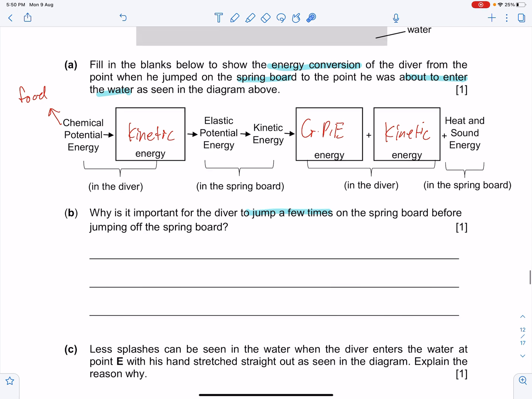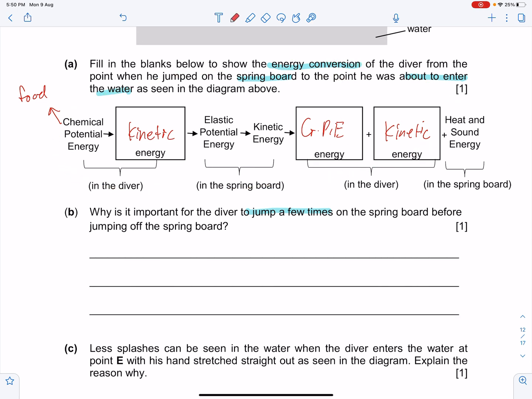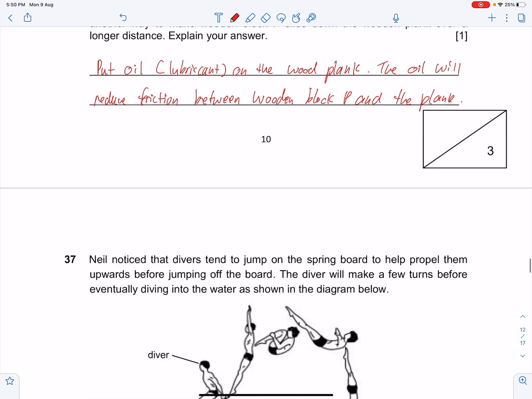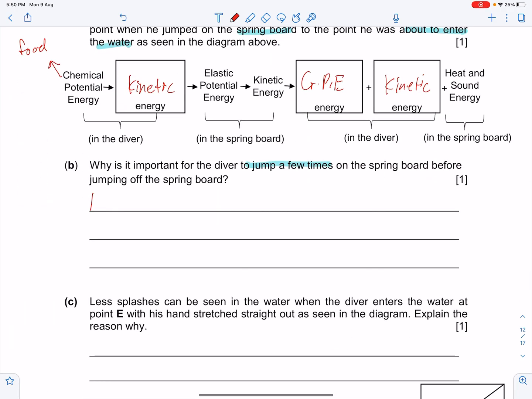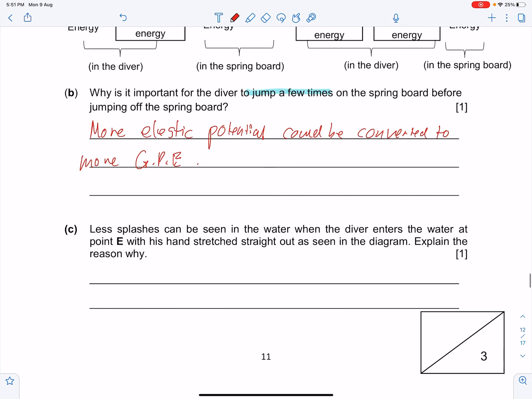So using this, you can help formulate your answer. So more elastic potential energy could be converted to more gravitational potential energy. Okay? Next,